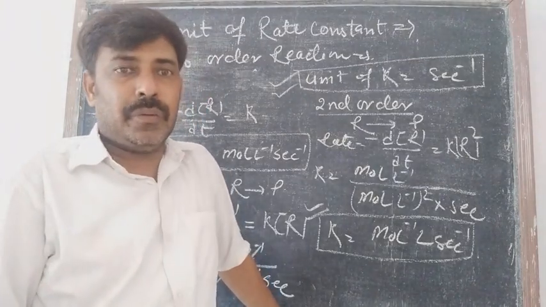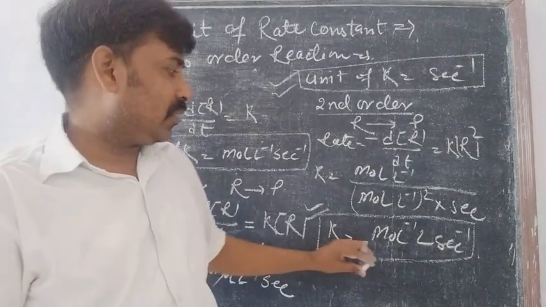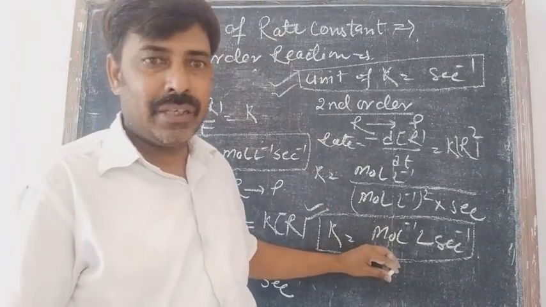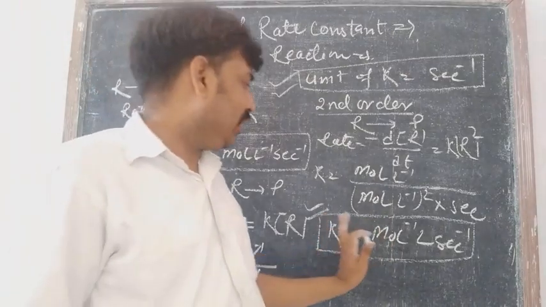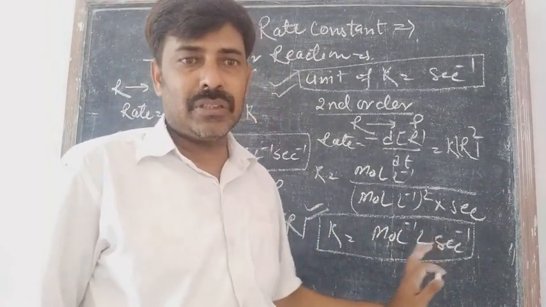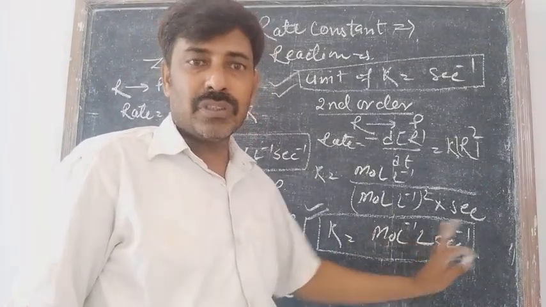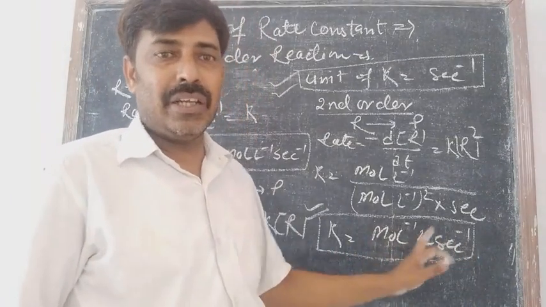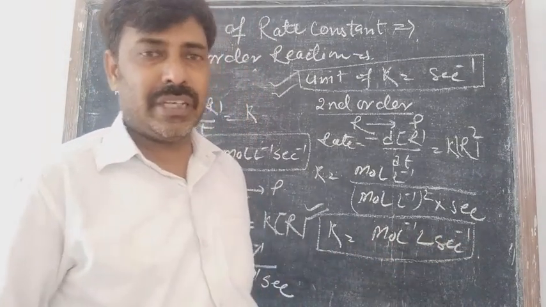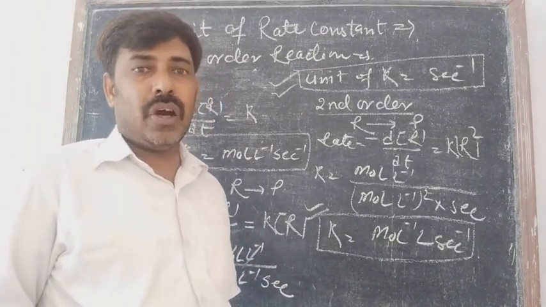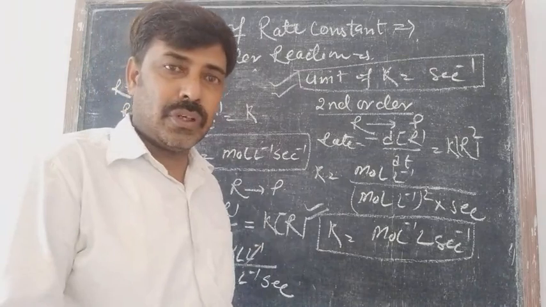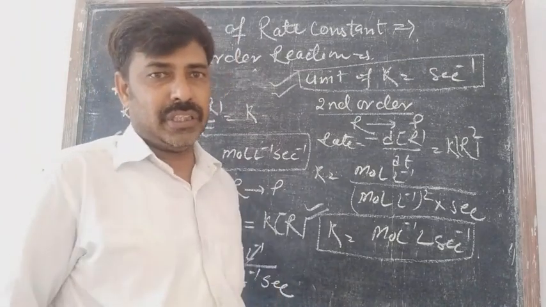It is only zero and second order, because you can see there is some similarity in the units of the zero order and the first order reaction, and the units are jumbled, sometimes liter, mole, second, or sometimes second, liter, mole, or any sequence they can give. So you just have to identify the order of reaction, whether it is a first order or a second order reaction.